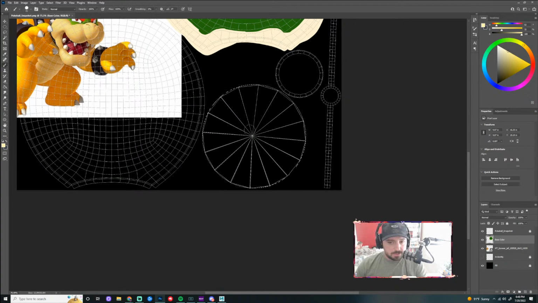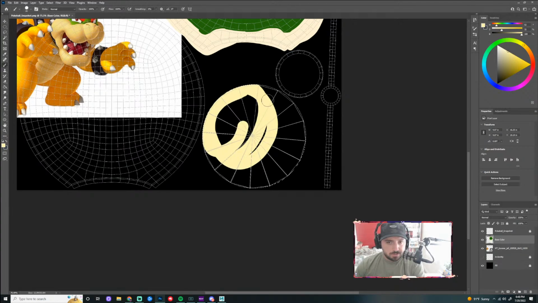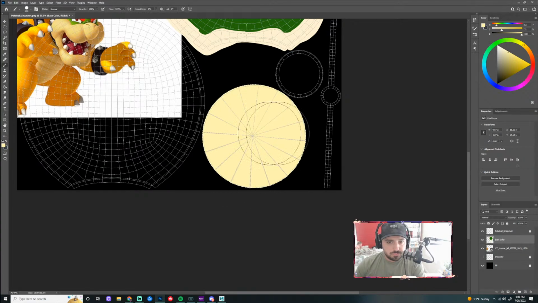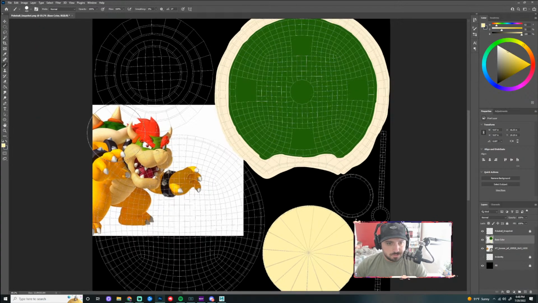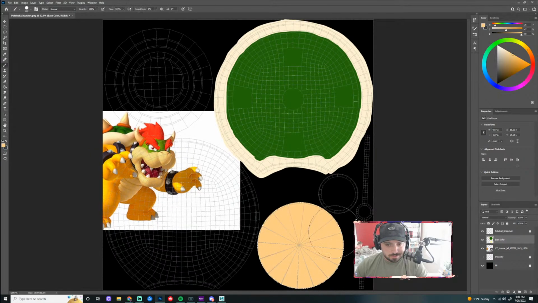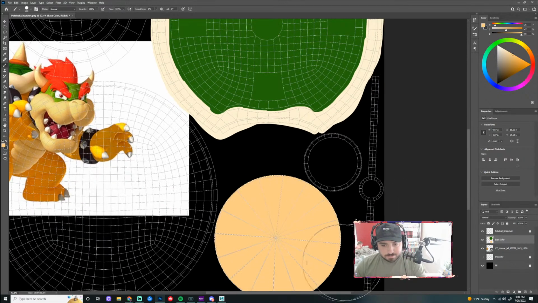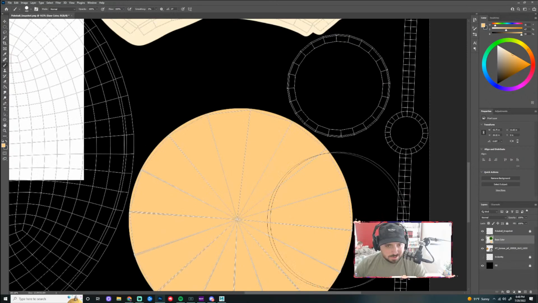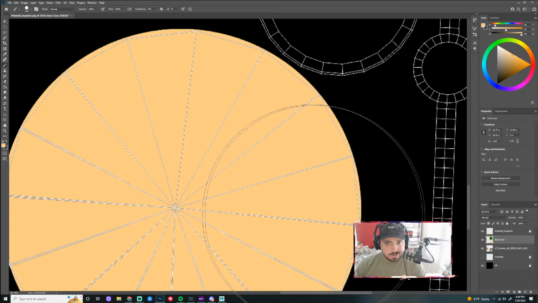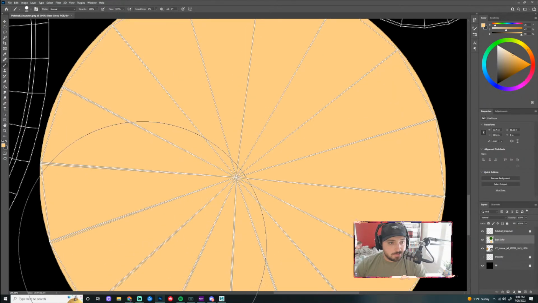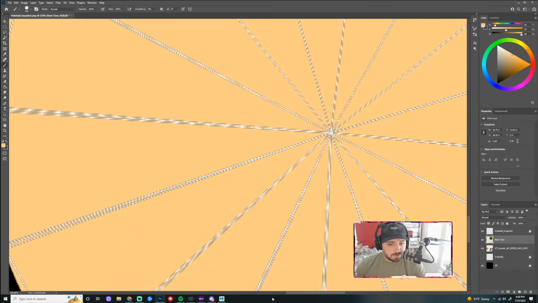So I'm gonna paint like this now. In here, we'll do the horn color, right? Which we grab from right here. Try to grab this. And then I might just check and make sure that I'm not missing any spots in here.